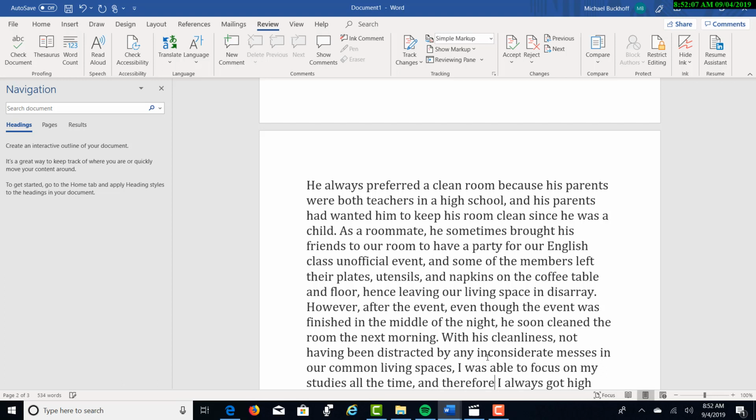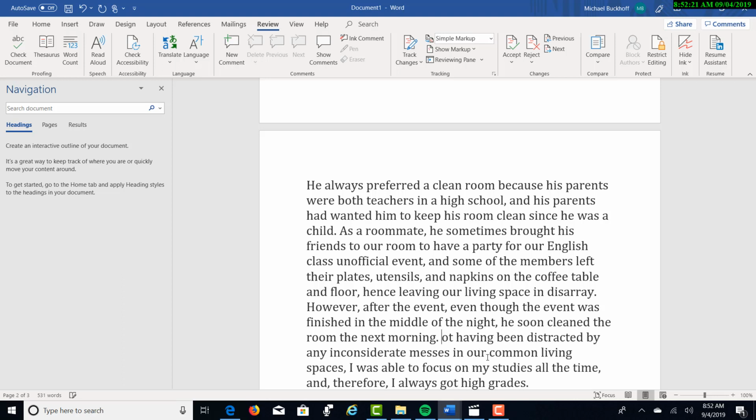And let's throw a cause-effect transition word in there. Let's just get rid of this. We'll start off. So I'm trying to give you some sentence variety. You have a lot of similar type sentences, subject, verb, and your sentences tend to be a little bit short. So you need to work on, I'm going to say between 20 and 30 words is probably a pretty good sentence length for academic writing. And then every now and then you'll have a sentence anywhere from 10 to 20 words. For example, this one,